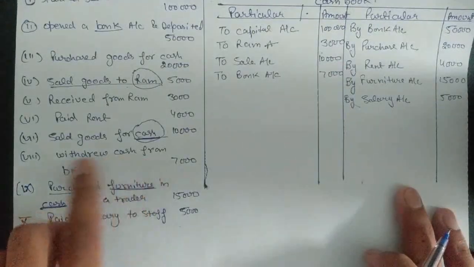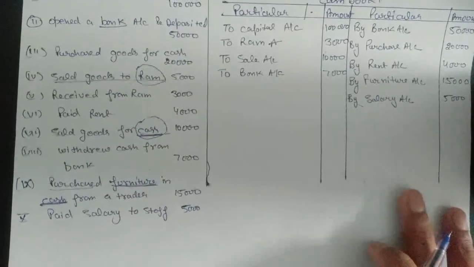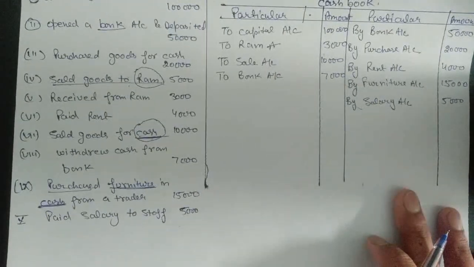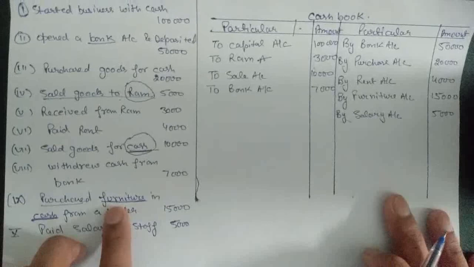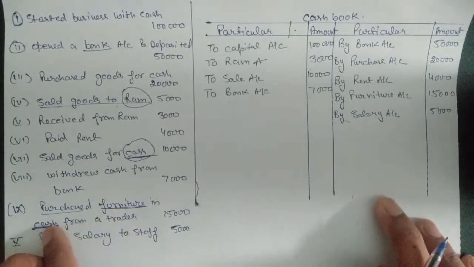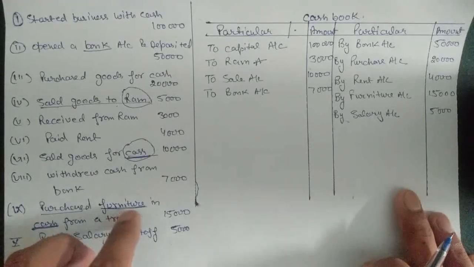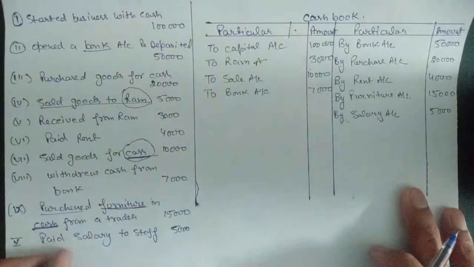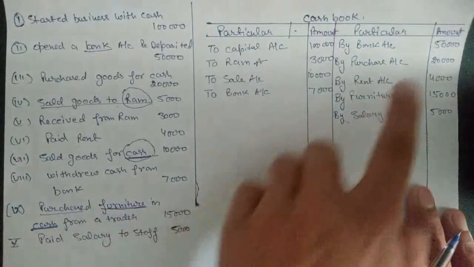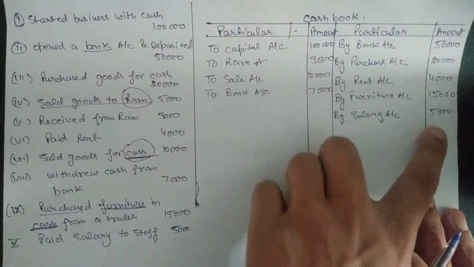Next is withdraw cash from bank. It is also an inflow in the business because we withdraw money from bank. We received money in the form of cash from bank, so it is an inflow for business. Purchase furniture. This time we got the name also what we are purchasing, and we are purchasing in cash. So there is an outflow of cash from the business. Although we are getting furniture in our business, but we are taking here cash book in consideration. So there is an outflow of cash from the business 15,000. Next thing is paid salary to staff. It is also an outflow from the business. Now we need to